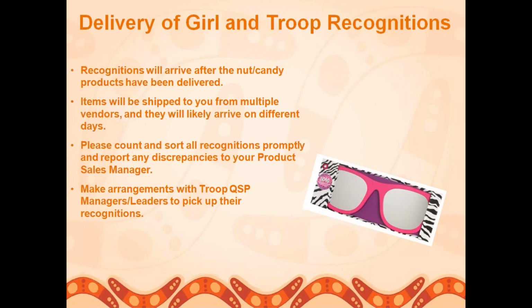coming directly to the council office, and we'll be sorting those out and then working with you and your membership managers to get those to you. So please don't panic when you get your first delivery. The first one will probably come from QSP, and it's not going to have everything in it. So just give us 1 second, and we'll definitely get everything out to you as soon as we can. And then once you have it, again, like the product, you'll separate it out by troop, and then you can either bring it to a service unit meeting, or they can pick it up from you at your home, whatever